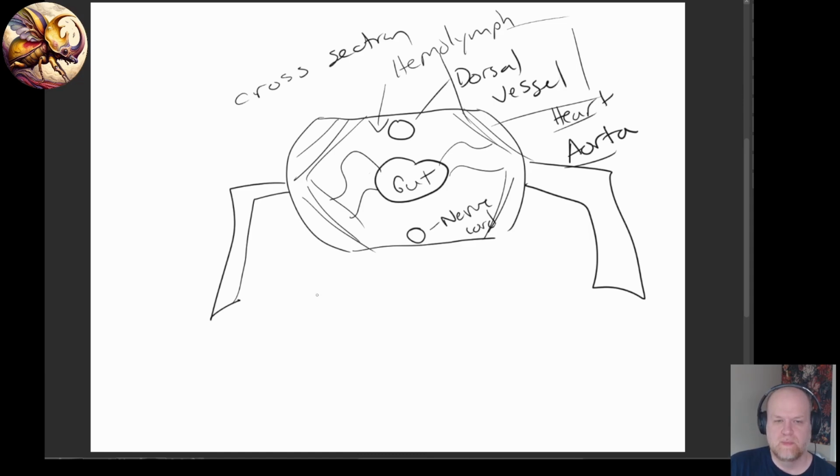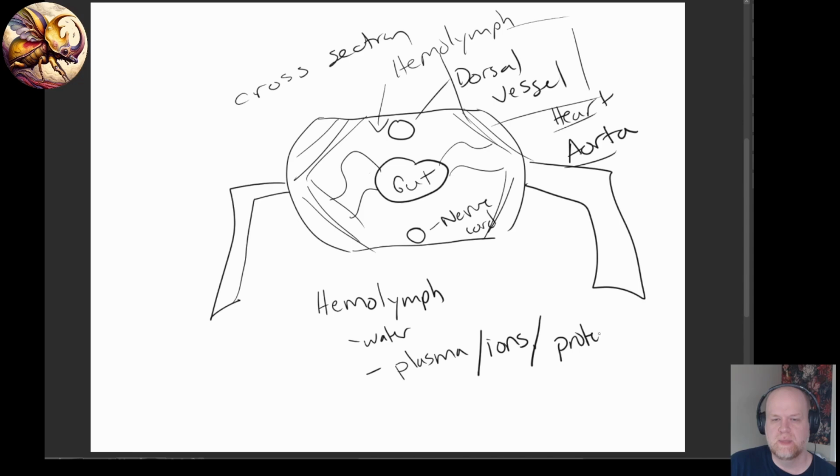And the hemolymph is not like human blood or mammal blood. It is primarily water, plasma, which is made up of ions like salt, proteins, and amino acids, loose fats, just like you find in plasma in mammals, and then something called hemocytes,